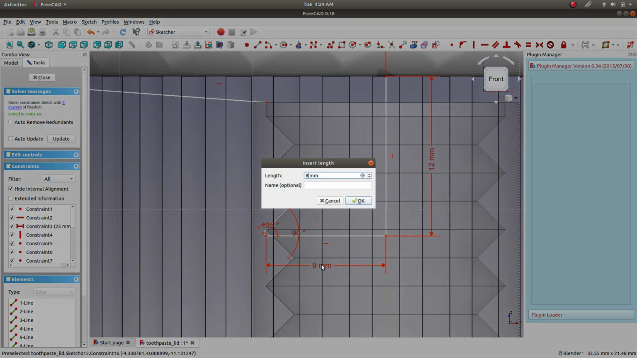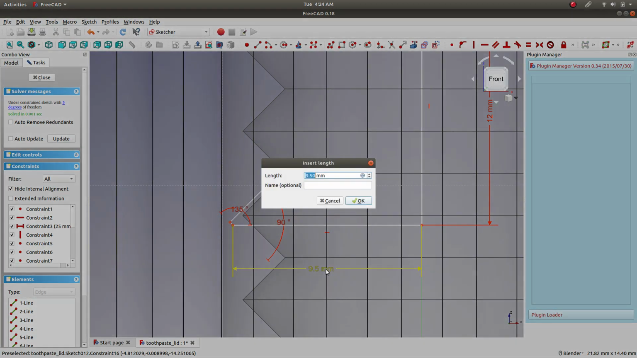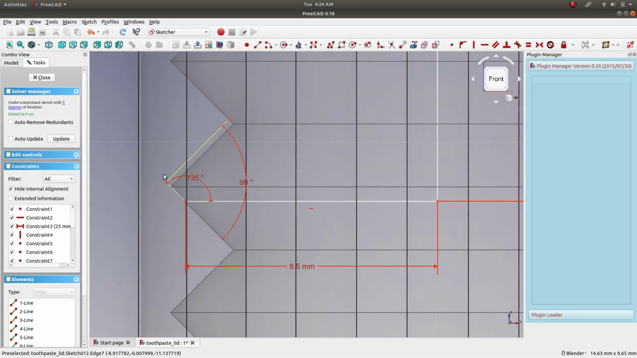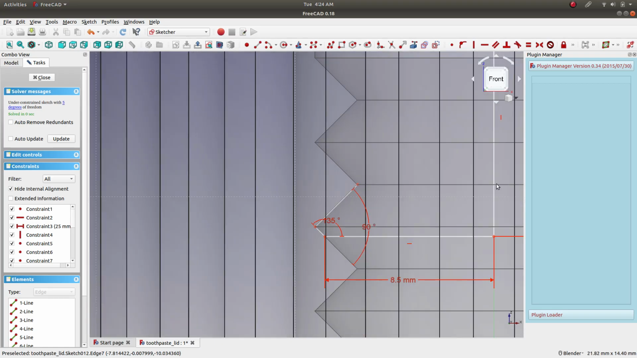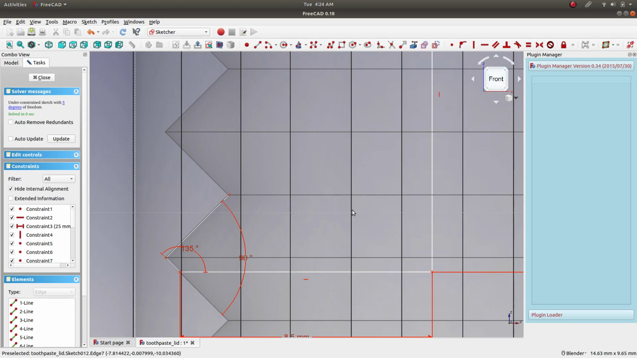9 is too much. Let's say give it 9.5. Again, 8.5. 9.5 is again too much. 8.5 is about the distance we need. Now again we wanna follow